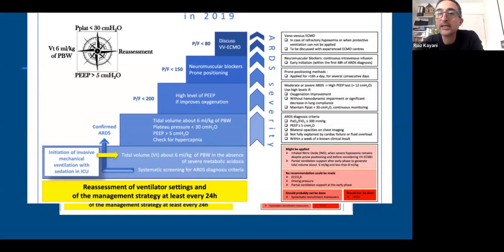So the first one really is mechanical ventilation. And this is why you'll see at the bedside that we try to limit the tidal volume to 6 to 8 mL per kilo. And the thing that allows us to do that is permissive hypercapnia. So a pH above 7.25 is okay for us. And permissive hypercapnia allows us to limit what used to be thought of as barotrauma. Now we think more of volume trauma. In other words, expansion of the lung causing shearing of the already inflamed lung, so we manage them on lower tidal volumes.